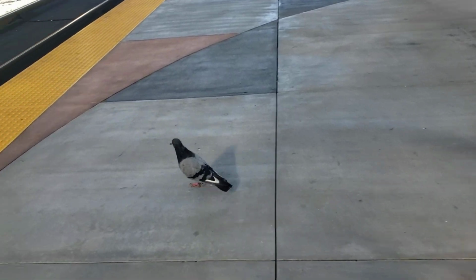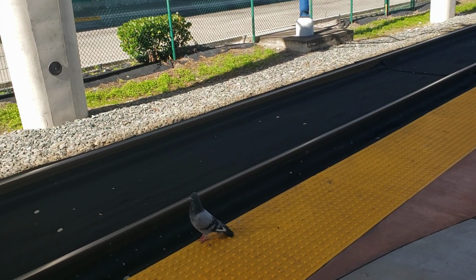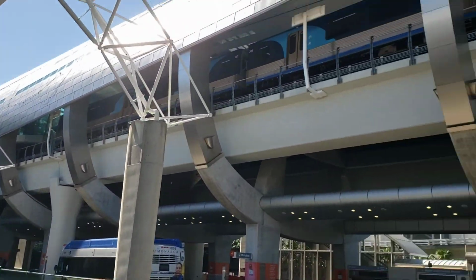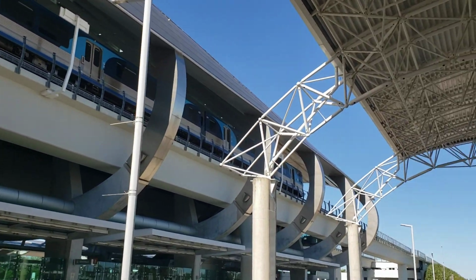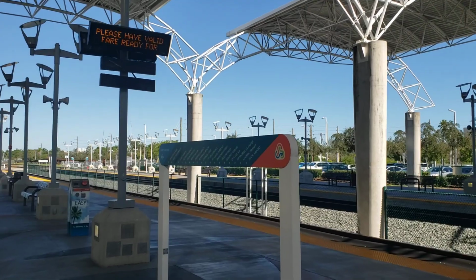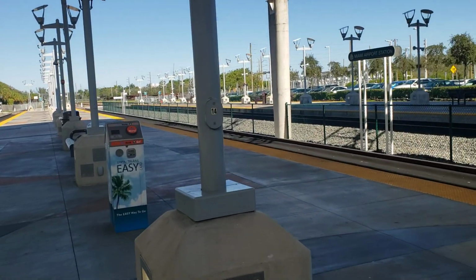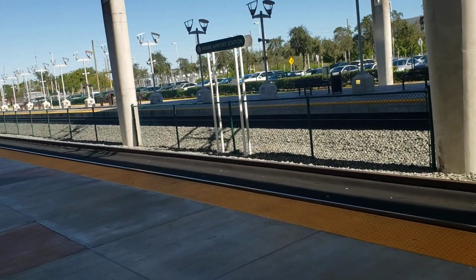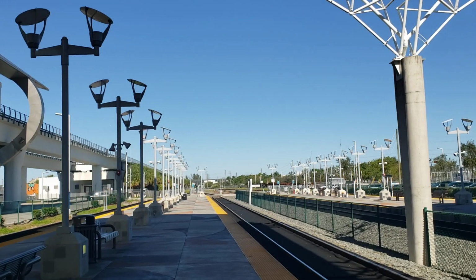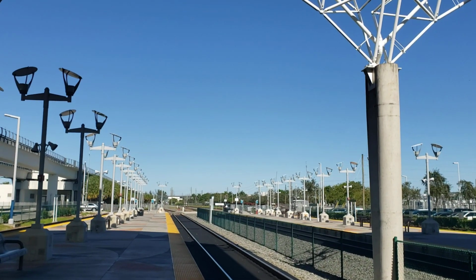I'm gonna make this little bird a star. So far, not much is going on. But that there is the railroad crossing just before the station. It's got 4 tracks in total,